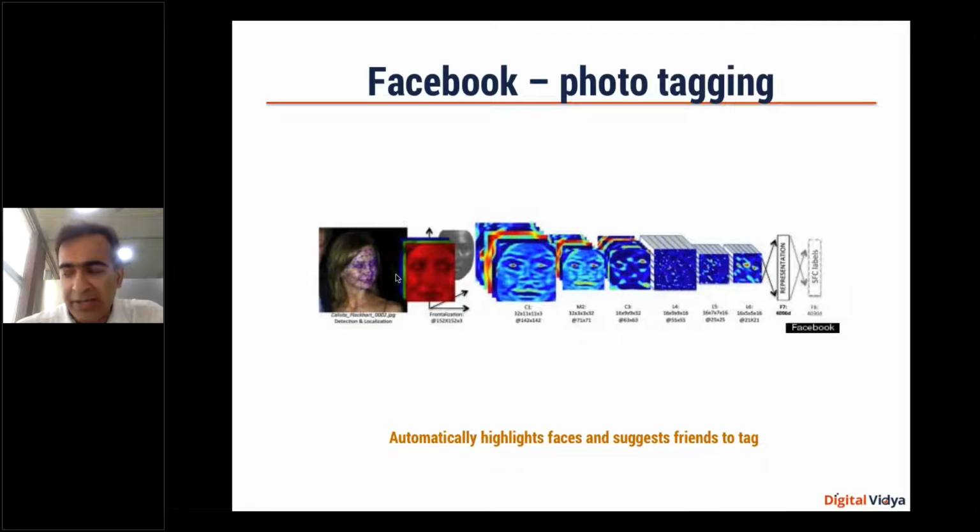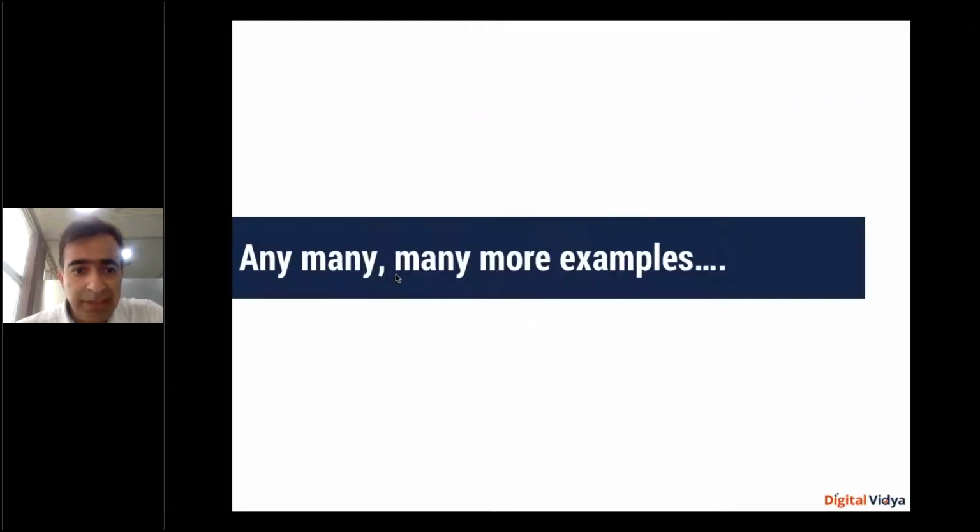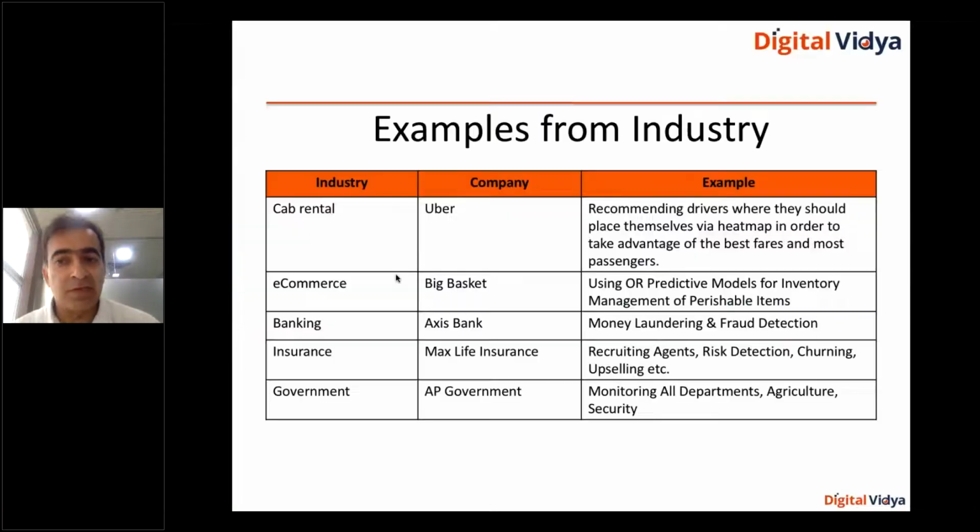The point I want to make here is that it's not that it's going to happen sometime, like the auto-drive car that has been getting developed, which is probably a decade from now. We'll have some application of artificial intelligence. It's currently there. The neural networks are currently in operation, and it's currently going on. And there are many more examples. I want to take up some examples from the industry rather than the day-to-day use cases.